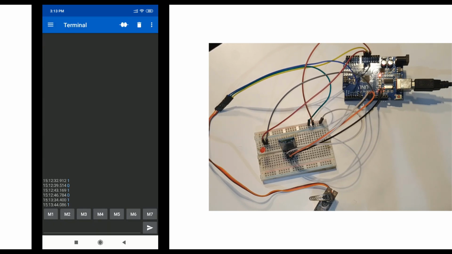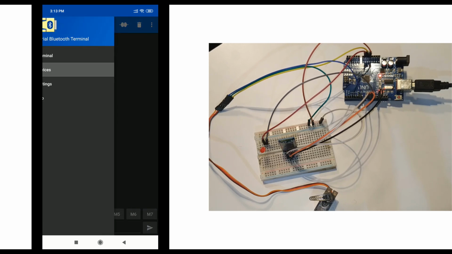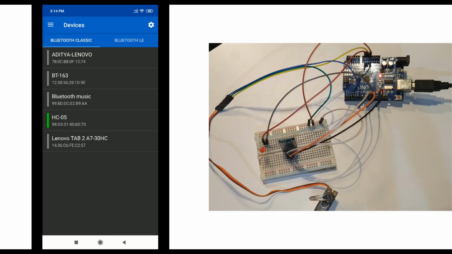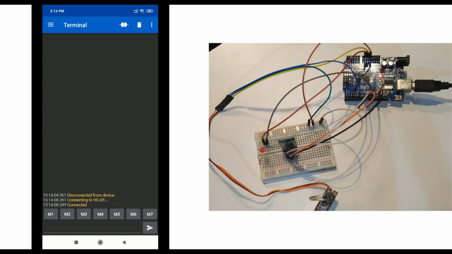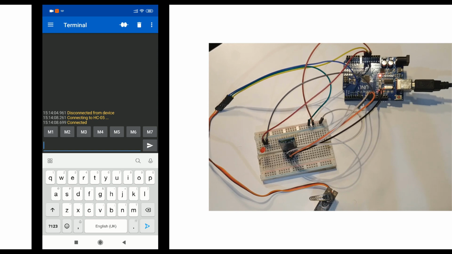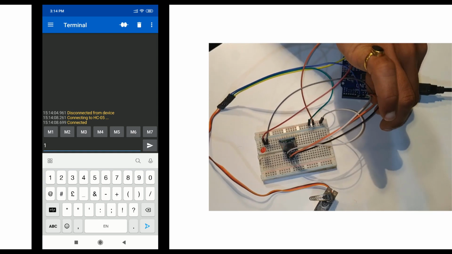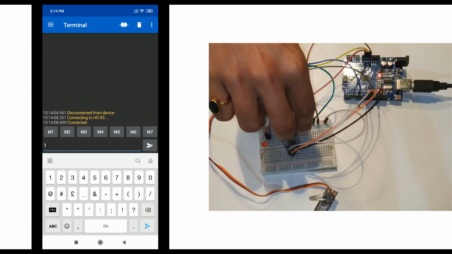If the command does not work, it's always recommended to reconnect the device. So go to the 3 dots over here, click on the device. You might use the delete button over here. So it says the Bluetooth has been connected. So I'm just checking the connections again if there's any issue or not.